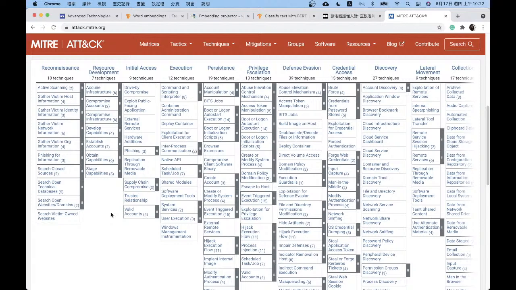I believe it is a very difficult task, even for a security expert. So I would like to use MITRE ATT&CK as an example to introduce our next